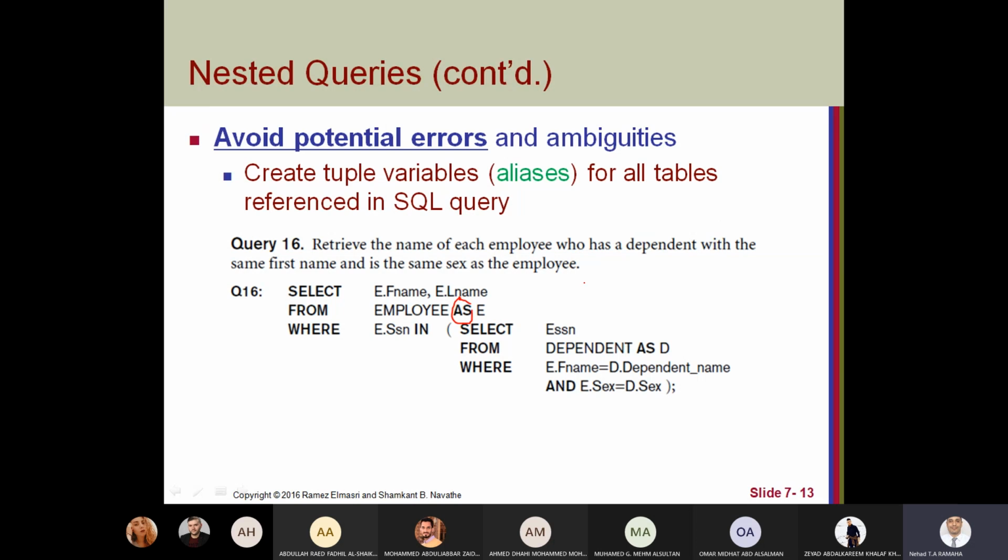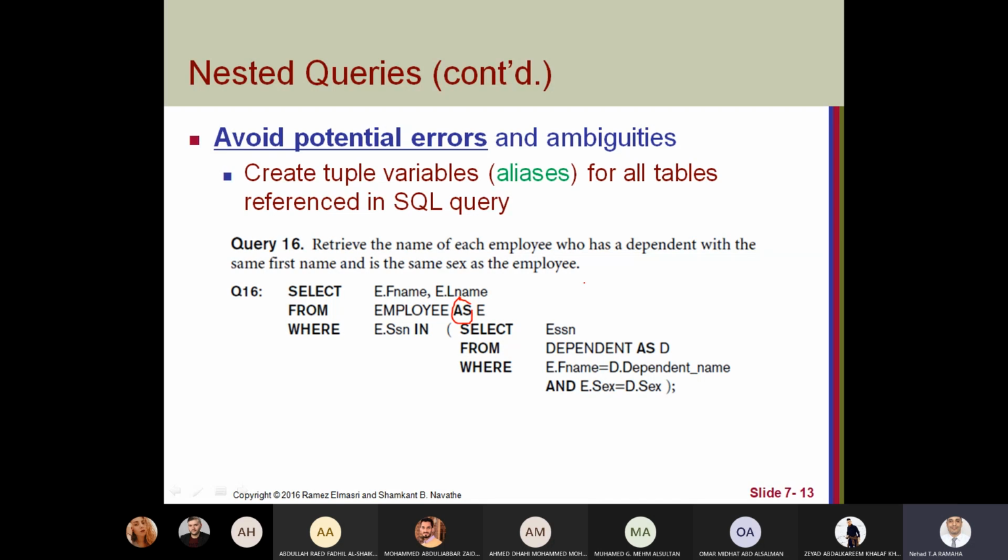If we have an employee with the same name as his dependent and the same gender or same sex as his dependent. So first of all, we will return the employee number from dependent when the first name of the dependent equals the employee name and his sex is the same as his father or mother.